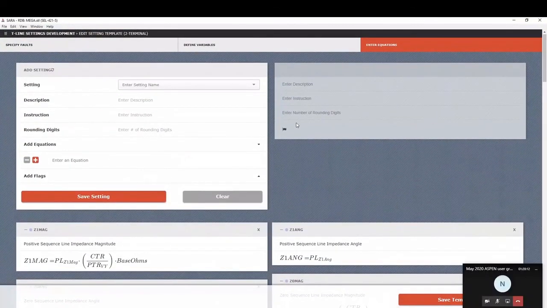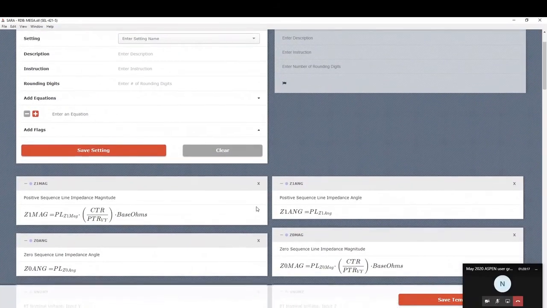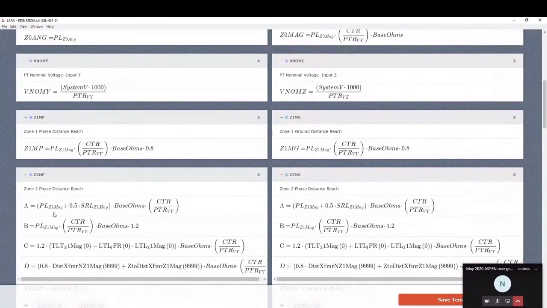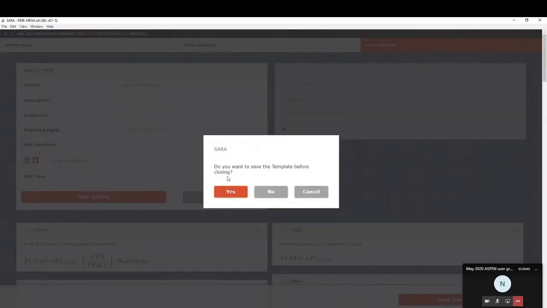This is what a philosophy looks like that's complete. This is where the core of the company's philosophy resides. Equations can be made specific to the utility's philosophy, and they are completely customizable. We just got done talking about the variables such as PLZ1 mag and SRLZ1 mag. Like Nathan said, there are little micro scripts behind these that will compute values regardless of what line you use. So, going back to the home screen,